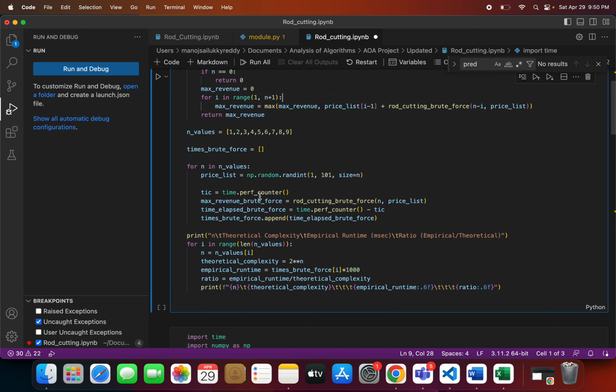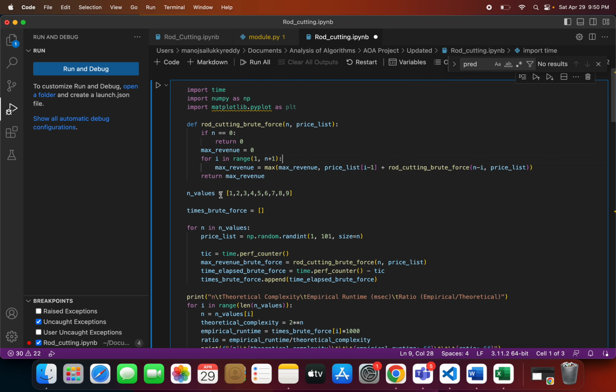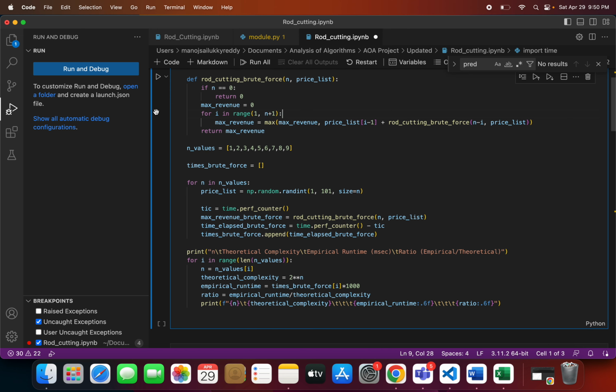Next, there are n values here. In these n values I have taken small values to show the output, from 1 to 9. And next, it contains different values. We can choose any values, and according to that, the empirical runtime will be different. And now if we run this code,